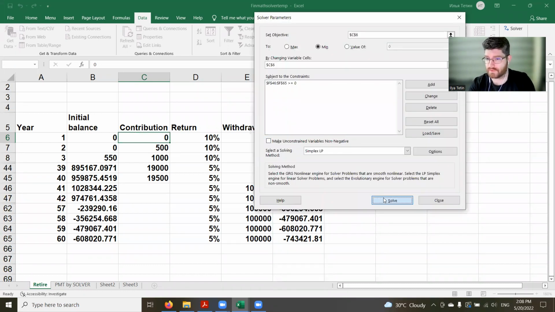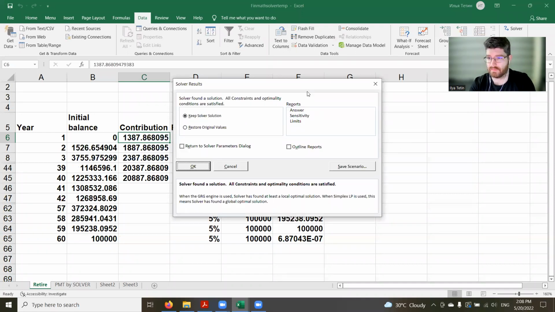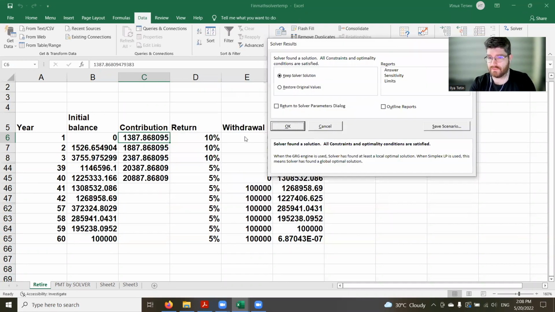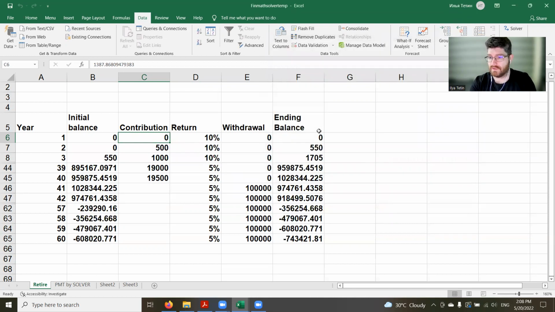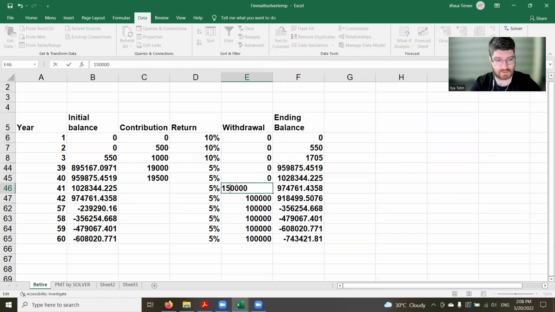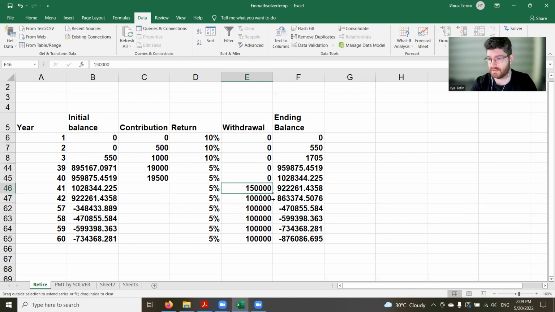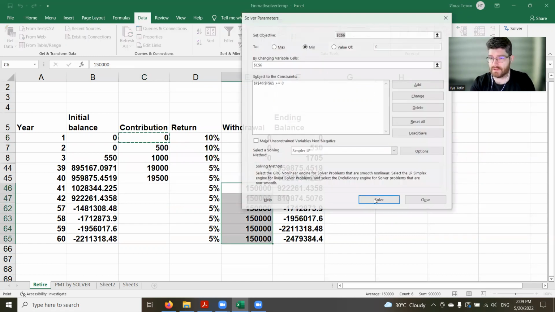Hopefully everything should work now, and our problem, yes, it's solved, and the solution is perfect. We find the exact value which we need to place inside to make our ending balance zero at year 60. So if we change our perceptions and make it like that, about 150, let's implement the solver to find out the initial value, and